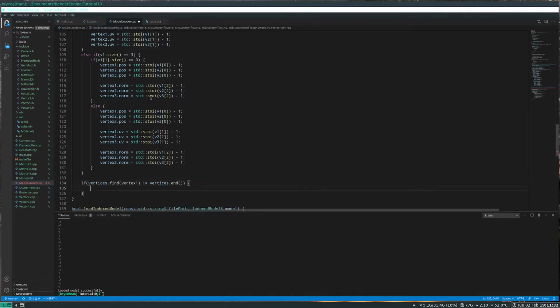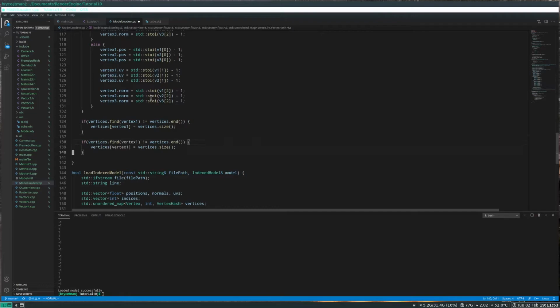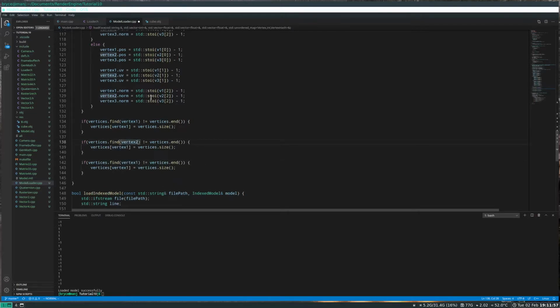And we can just continue, but if it doesn't, then vertices sub vertex is equal to vertices.size, because that's the next vertex to add. So copy that 3 times, 1 for each vertex: vertex sub 1, vertex sub 2, vertex sub 3. So now that we've updated the list properly,